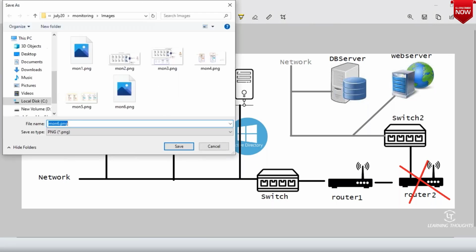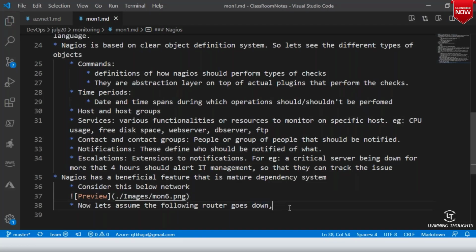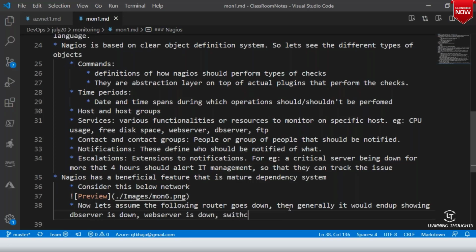So generally it would end up showing DB server is down, web server is down, switch 2 is down, and router 2 is down.